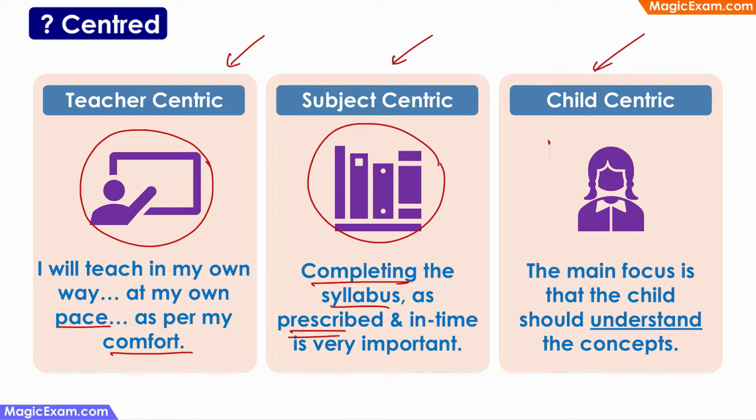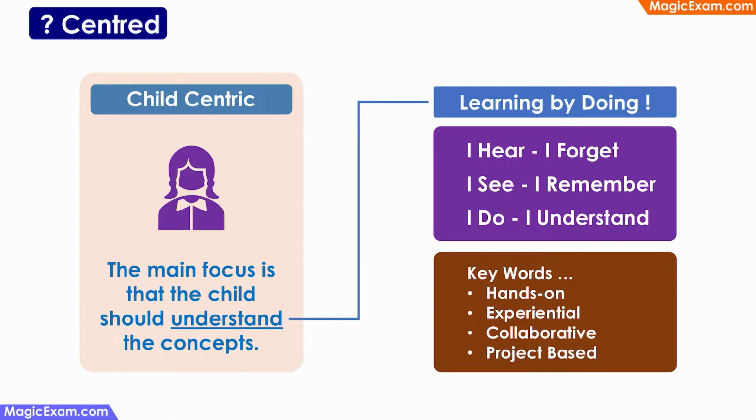In child-centric, the child is the most important factor here. It is okay if the teacher has to change his teaching methodology. It is okay if the syllabus is not completed. The most important factor here is that the child should understand what is being taught. So if the child has to understand what is being taught in the classroom, the best way of achieving that